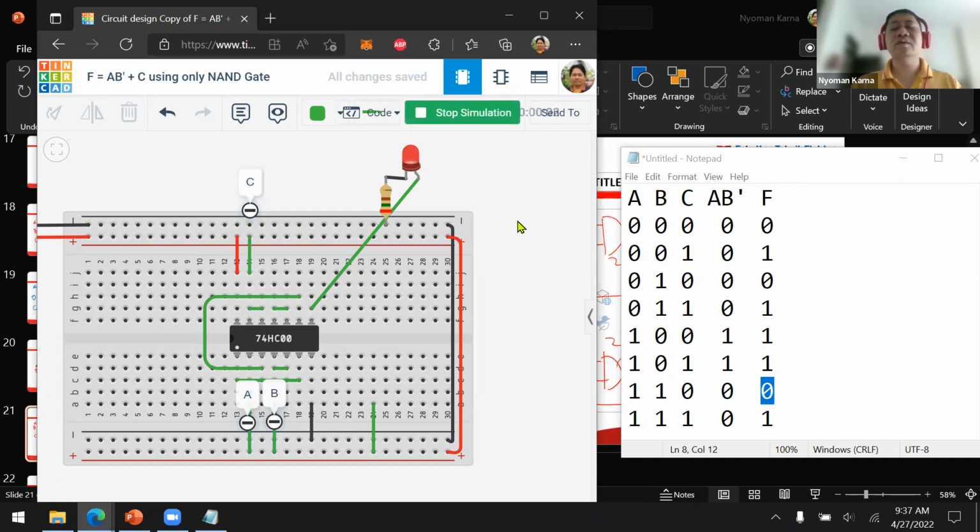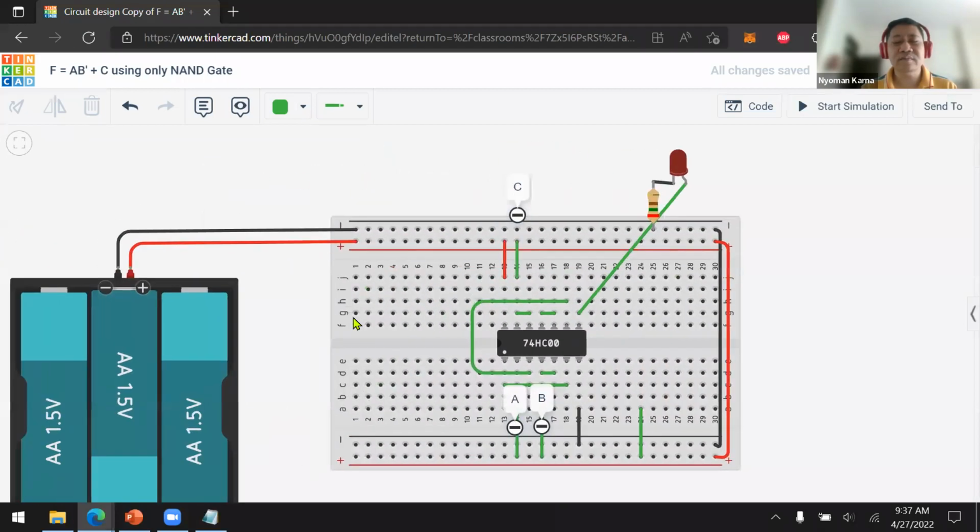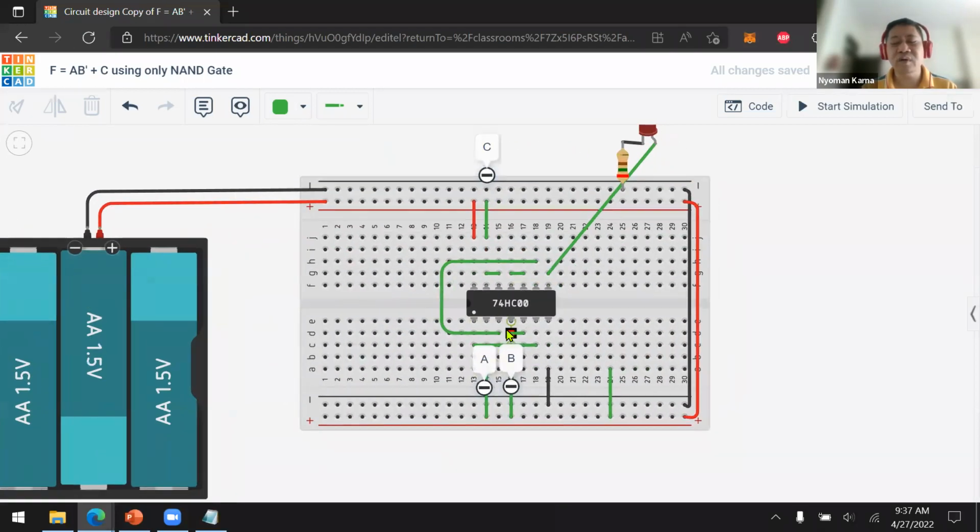On. So this circuit gives the same function as A, B naught plus C, but only using one integrated circuit. Compared to the previous circuit, we needed 3 ICs. But in this case, we only need one IC.